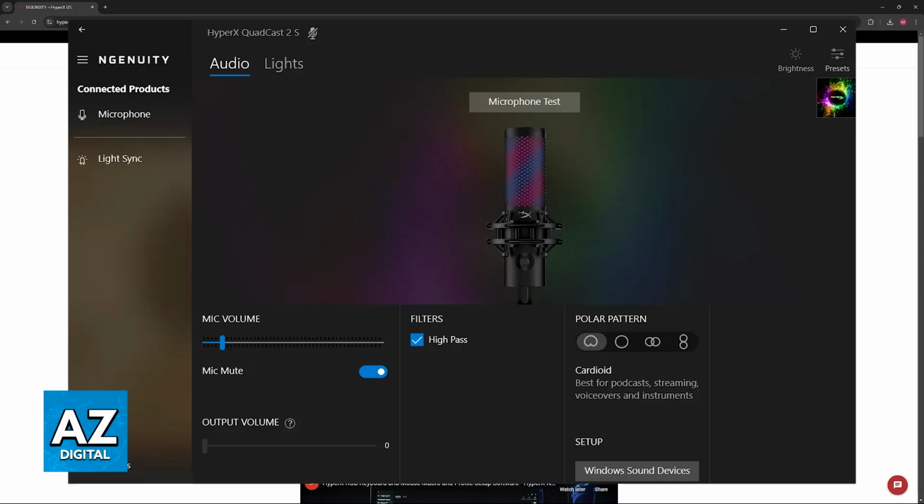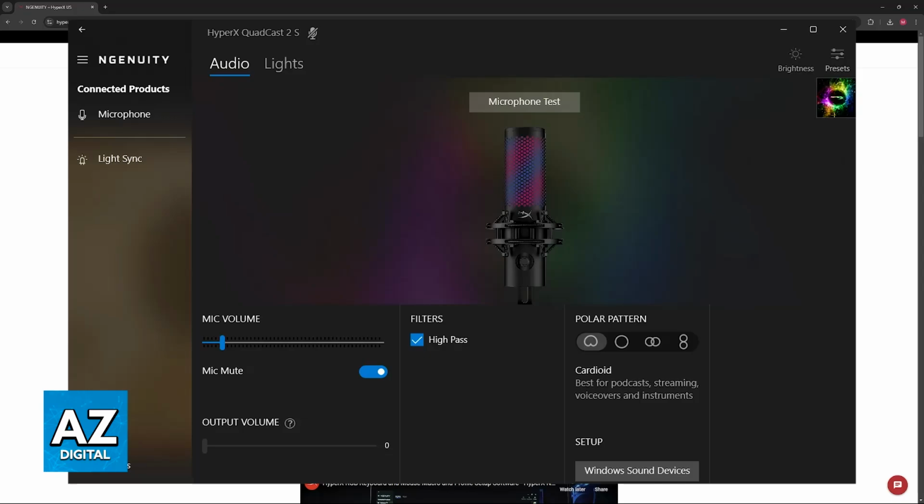So for most HyperX microphones, these settings are going to be related to audio, like the volume. You will be able to monitor the microphone, change the headphone volume if it is also connected, and change the polar pattern for your voice recognition. If your microphone has RGB, you will also be able to control the lighting effects. So change all of these settings inside of Ngenuity, and if the microphone does not appear, first restart your computer, try restarting the software, and re-plugging your microphone.